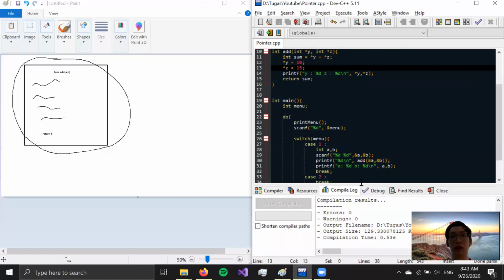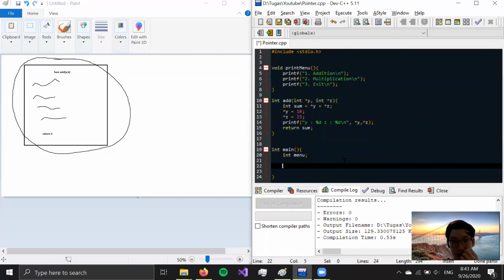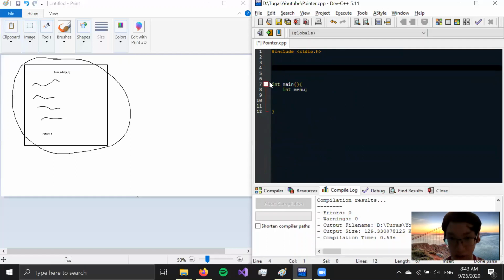I believe that is all for the function and passing by parameter. You can also try to learn it by yourself, but let's get into the difficult part of function, which is recursion. So recursion is basically a function that is calling itself. So let's try to create